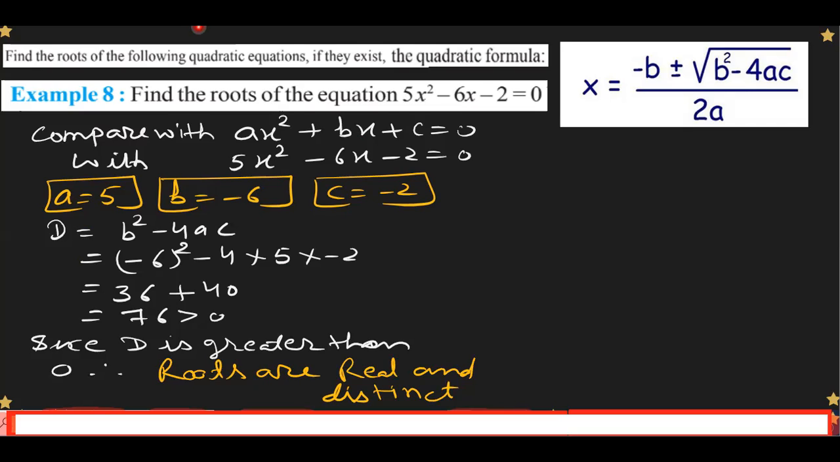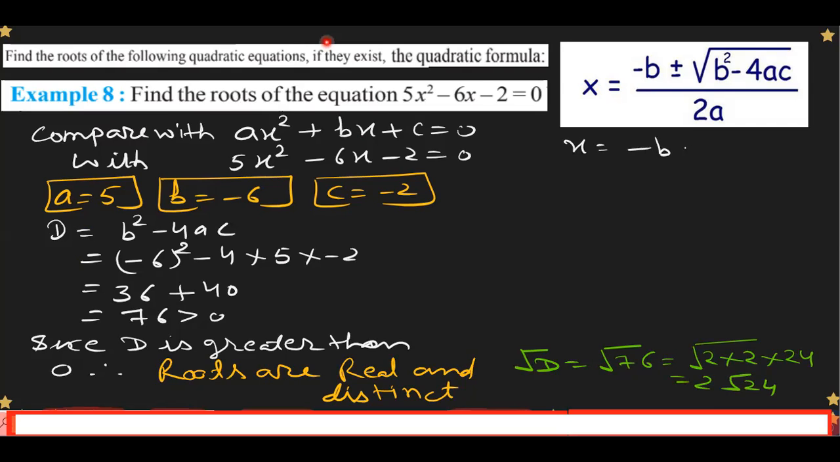Now you put in the quadratic formula. This is our quadratic formula. x is equal to minus b. So we also have to determine here, first of all, the d also, square root of d also. Square root of d is equal to square root of 76. That is 2 into 2 and 24. So 2 root 24. We can write